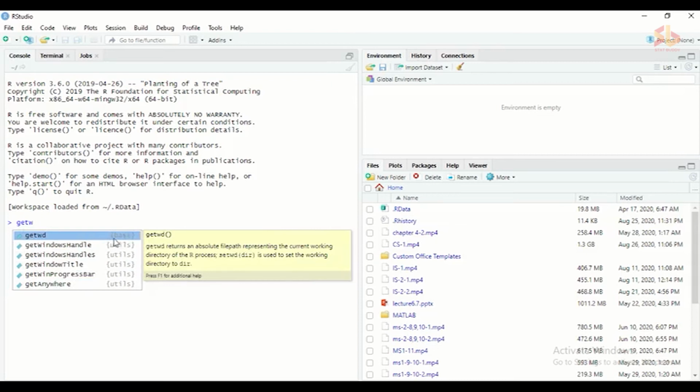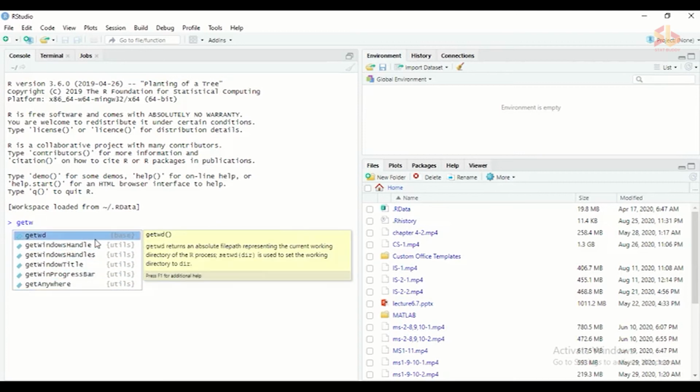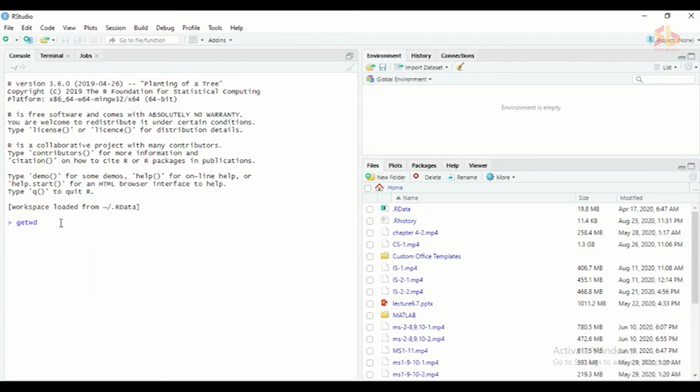Here you can see the library itself. These are default libraries, so you don't have to load those libraries again. How to load and install a library will be discussed in upcoming lectures. There it suggests the available functions, so you can select one and a brief introduction will be shown at the side. This is the function I need to call. Then press enter.